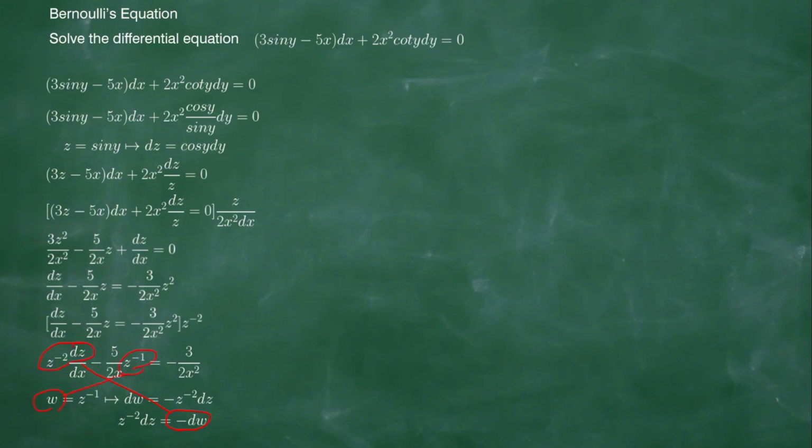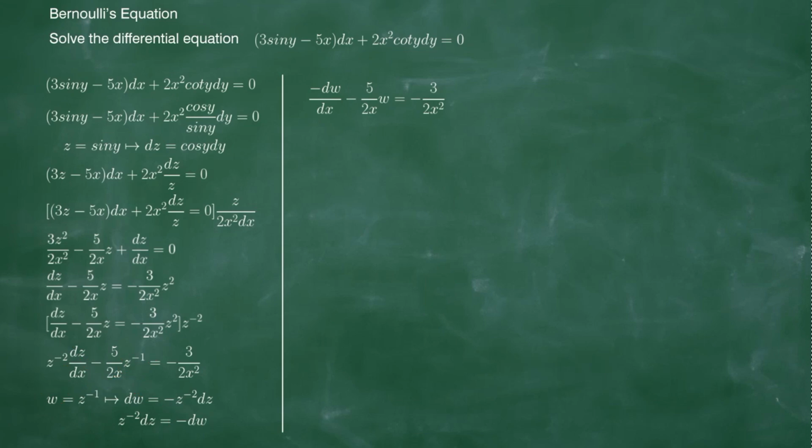and this w here. So we now have negative dw divided by dx minus 5 over 2x times w equals negative 3 over 2x squared. So this is now a first order linear differential equation, which is linear in w. W here is our dependent variable. Okay, so next we will multiply the whole equation by negative 1, so we will get rid of these negative signs here. Multiplying that by negative 1, we'll get dw over dx plus 5 over 2x w equals 3 over